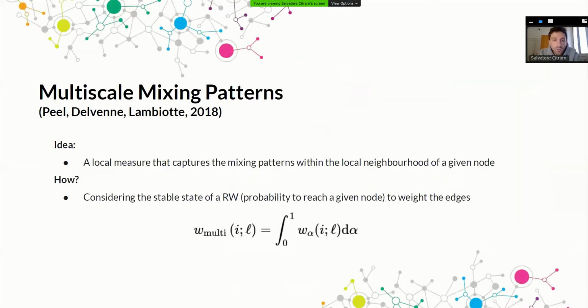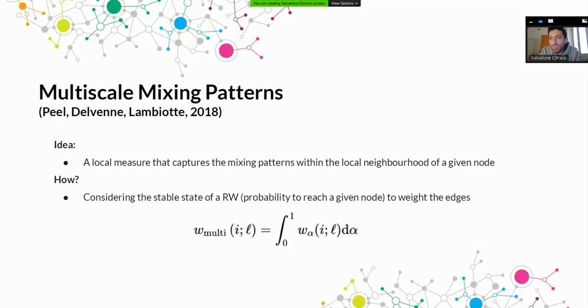It was proposed in the state of the art a local variation of the assortativity coefficient that deals with the stable state of a random walk. Basically, it performs some type of calculus on the time series created by this random walk,